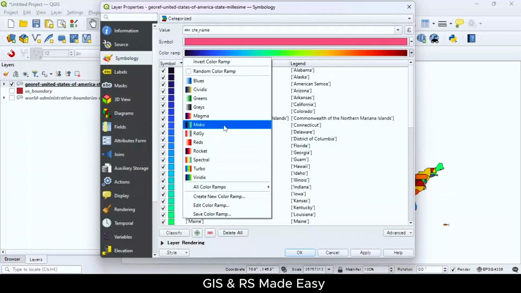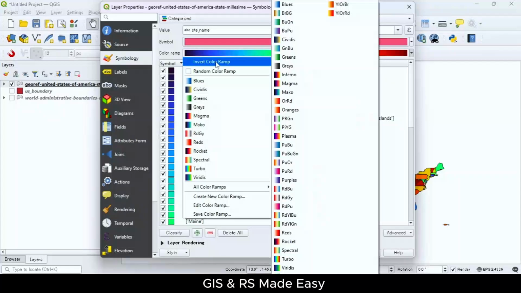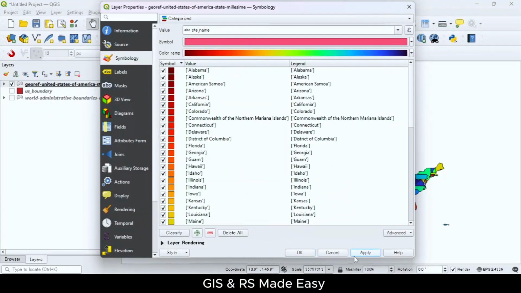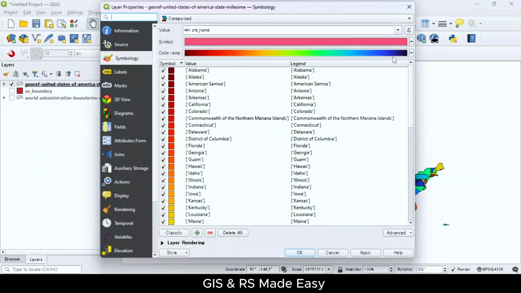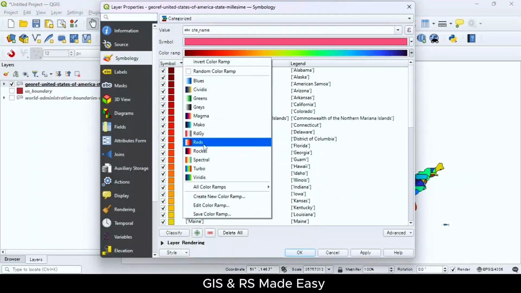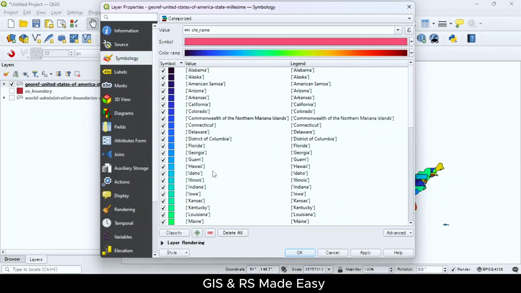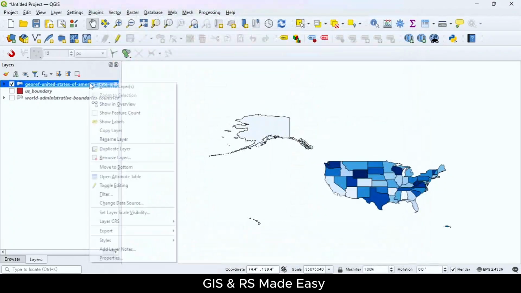We can change the colors as well, or invert color ramp, apply. Okay, let's change this to something different, between turbo or blues, apply. Okay, from this we can see the